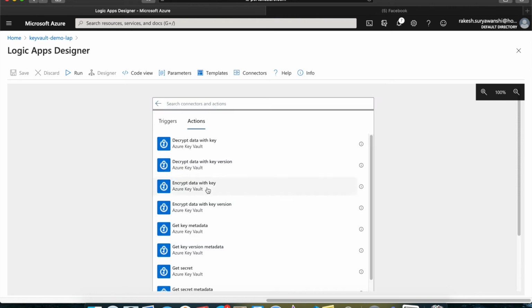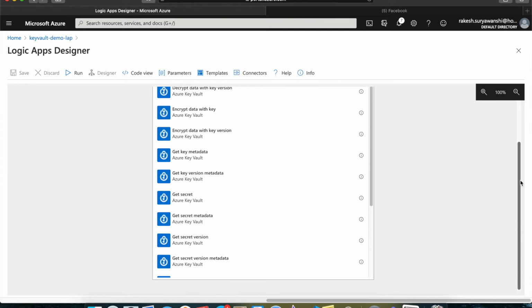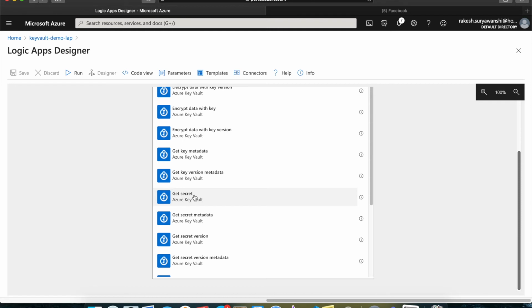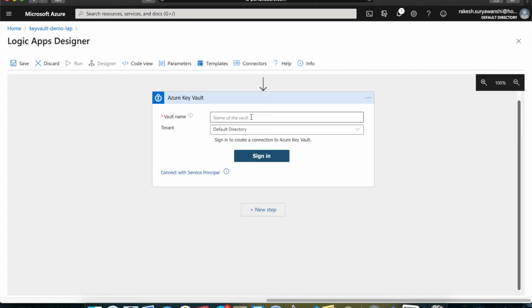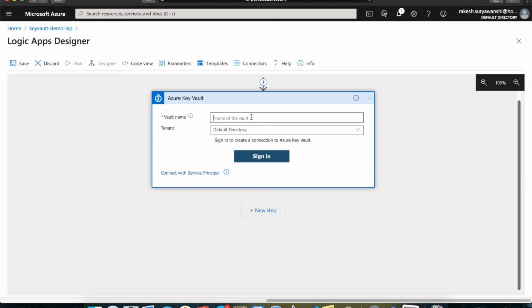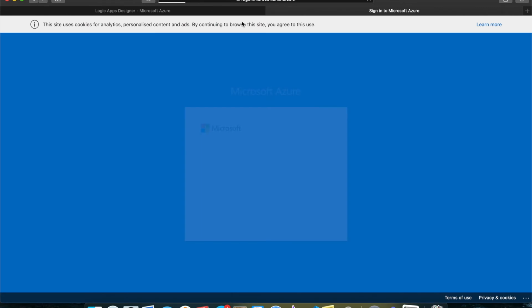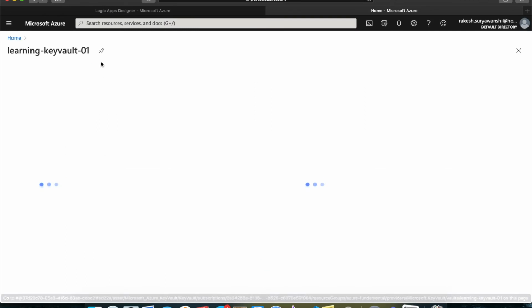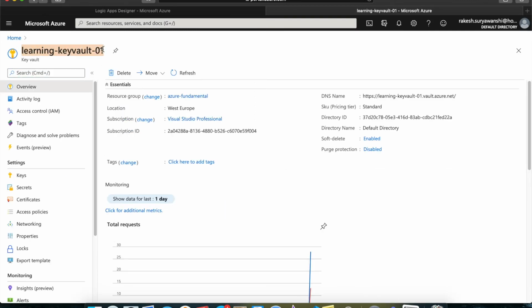Let me create a secret. Here we have a number of options for what actions you want to perform on that particular key vault. I'll say the get secret action I want to perform. Select the operation. Once you select the operation, it asks you to give the name of your key vault. So let me give the name of the key vault, which I'll find here. This is the name of the key vault which I need to give. Copy,